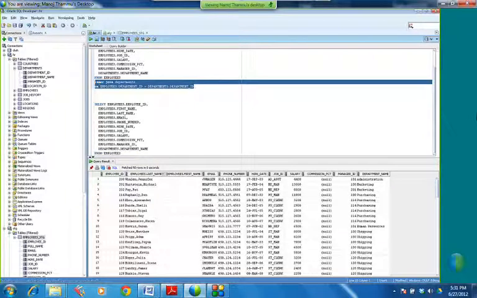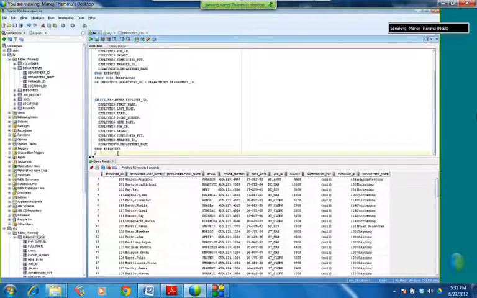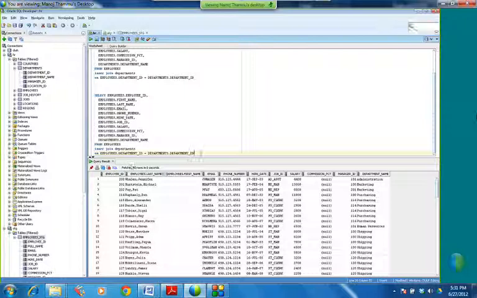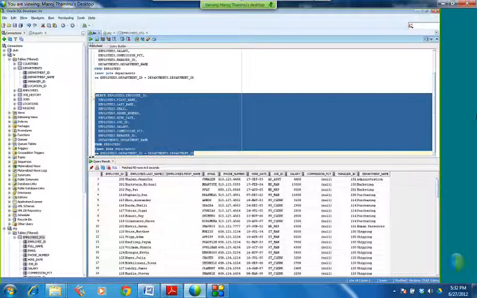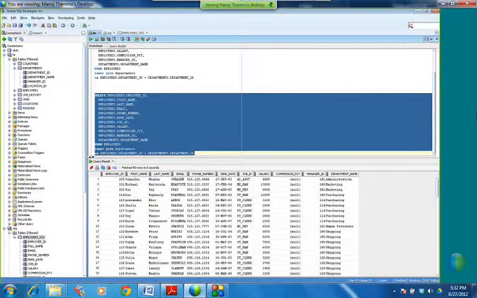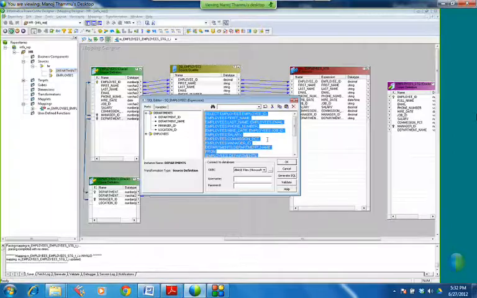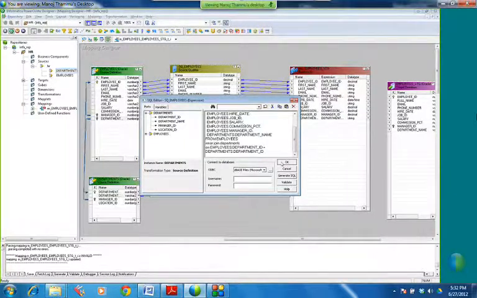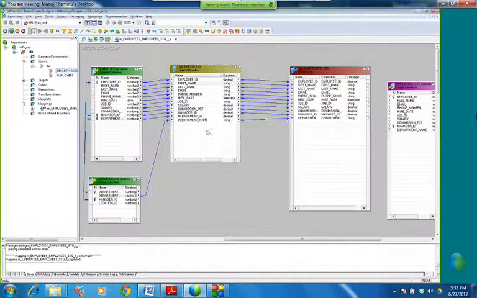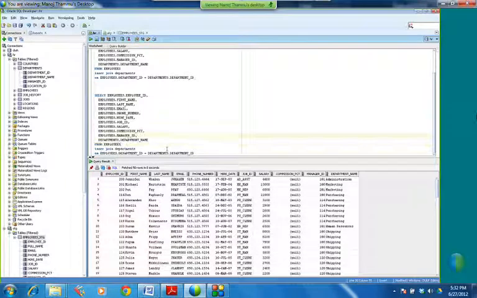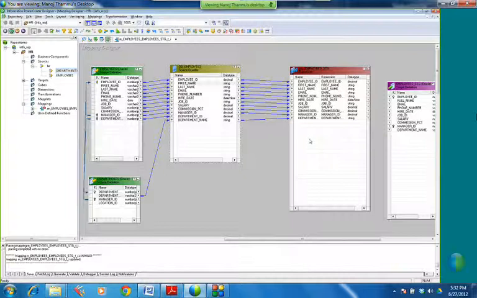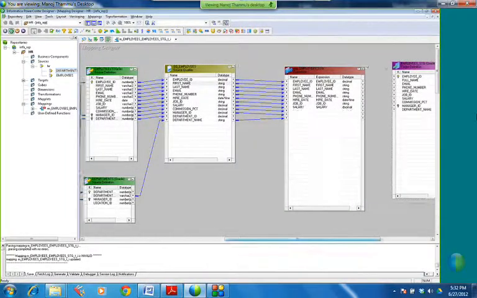So this is the condition I am giving it here. So inner join depart. So let us see whether this condition is working or not. It's working, right? So I copy this condition, I go to the source qualifier override query and paste it here. Now based on this query, what is it doing? It is giving the department name right here, manager ID and department name. So till here our data is coming fine, right?